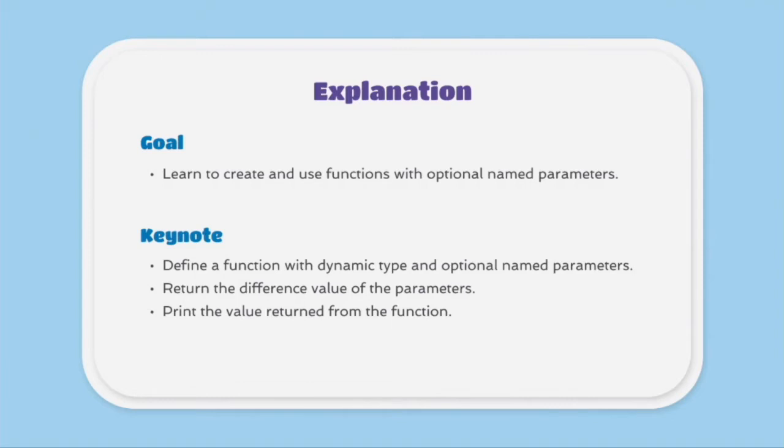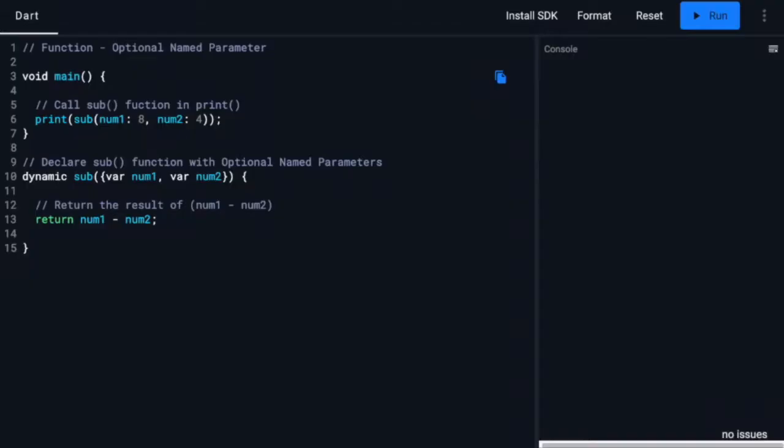In this lesson, we will look at how optional named parameters are defined and used. Now, let's begin. In this lesson, we are going to learn how to handle optional named parameters. Previously, we learned about positional parameters. Positional parameters require arguments to be in specific order. You also need to define all parameters in arguments.